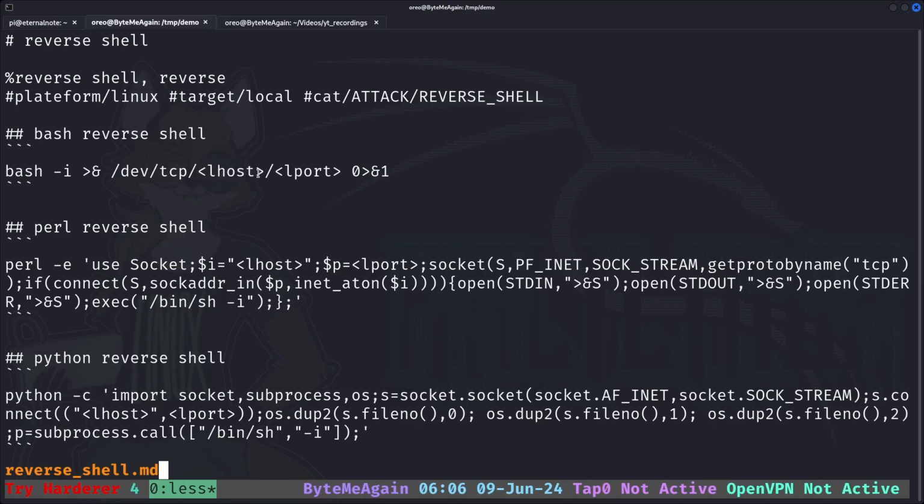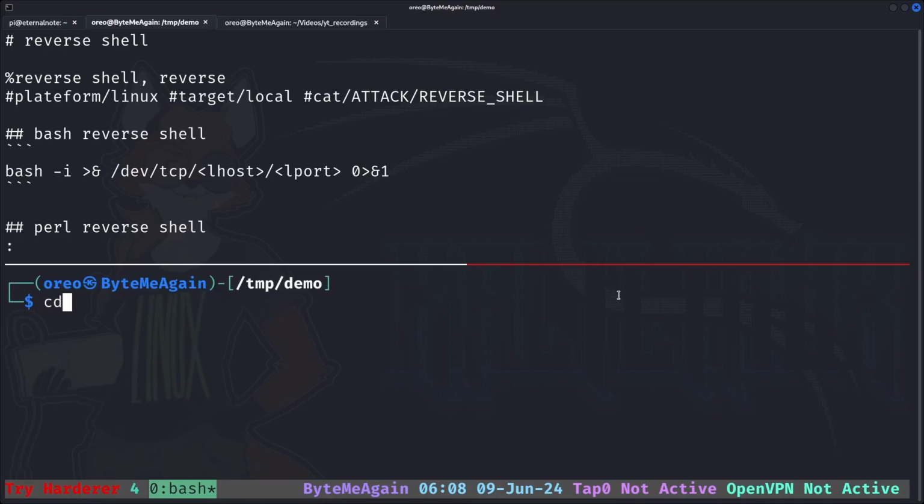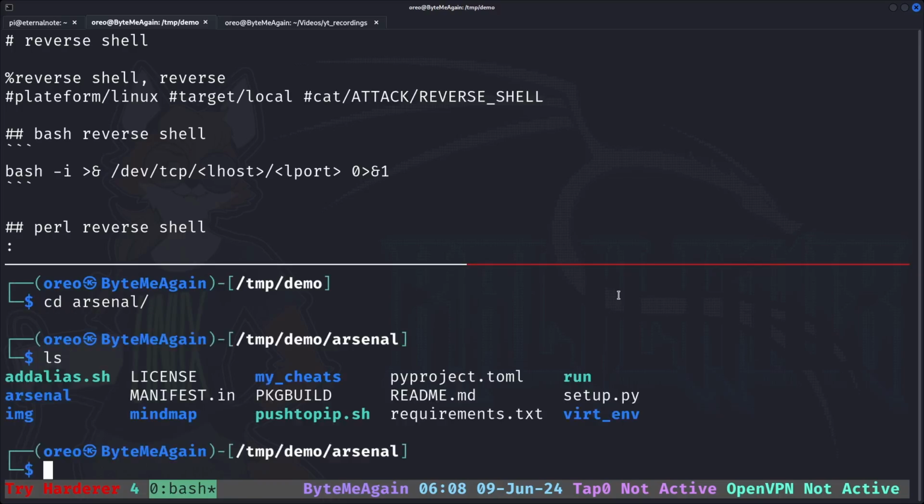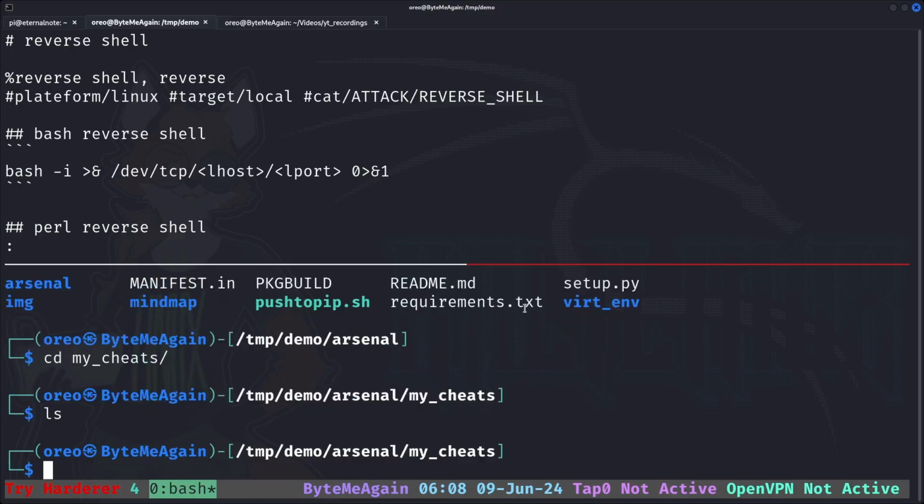And note that you can change the argument name. It doesn't have to be lhost or lport. You can make it whatever you want. Moving forward, I'm going to split the terminal in half and cd back into Arsenal. All of our custom commands need to be placed in the my cheats directory for them to be read when running Arsenal. So we go into my cheats and we'll create a new file called linux_custom_rev_shells